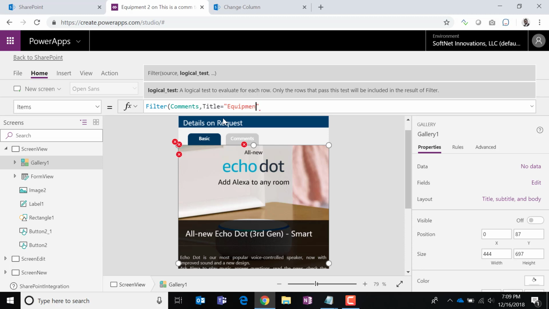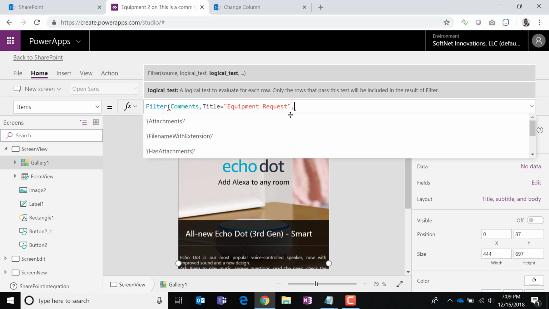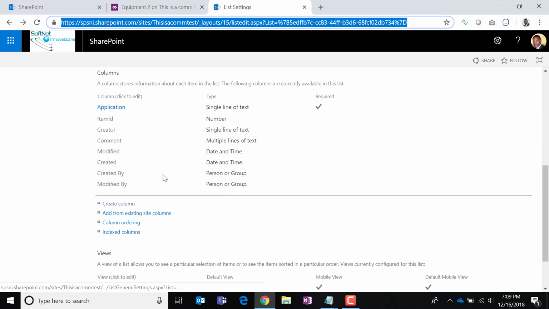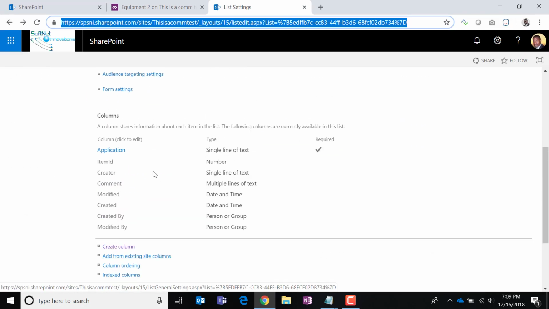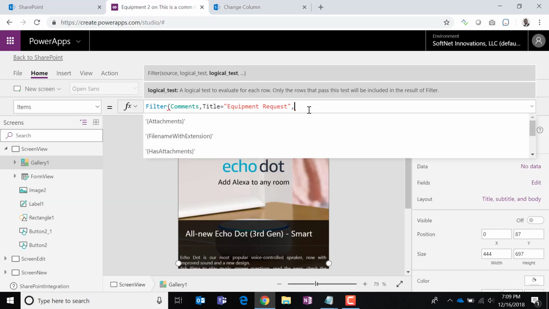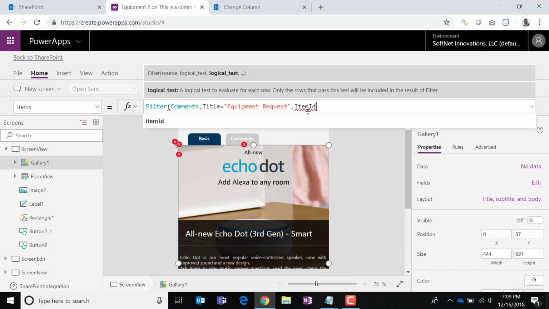And again, this is going to allow us to only view those comments for this particular Power App or application, right? The other one we want to do is, for any particular item, only display the comments for that item, which is going to be this item ID. Right now we're hard coding this, but in the next video, when we actually submit or write out a comment, we will